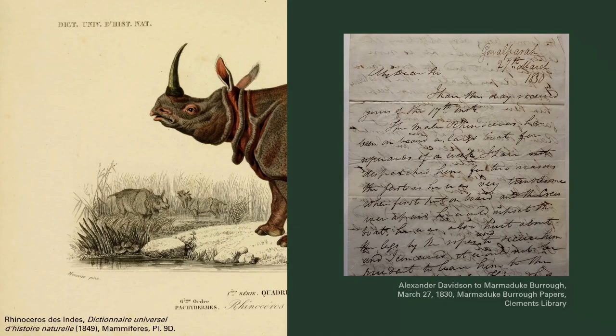The next step was transportation. By the time Davidson wrote again, the calf and its dead mother's skeleton had already been placed aboard an East India Company prison barge. The boat carried Indian military prisoners on the Brahmaputra River in Assam, part of a growing carceral system that established company rule.